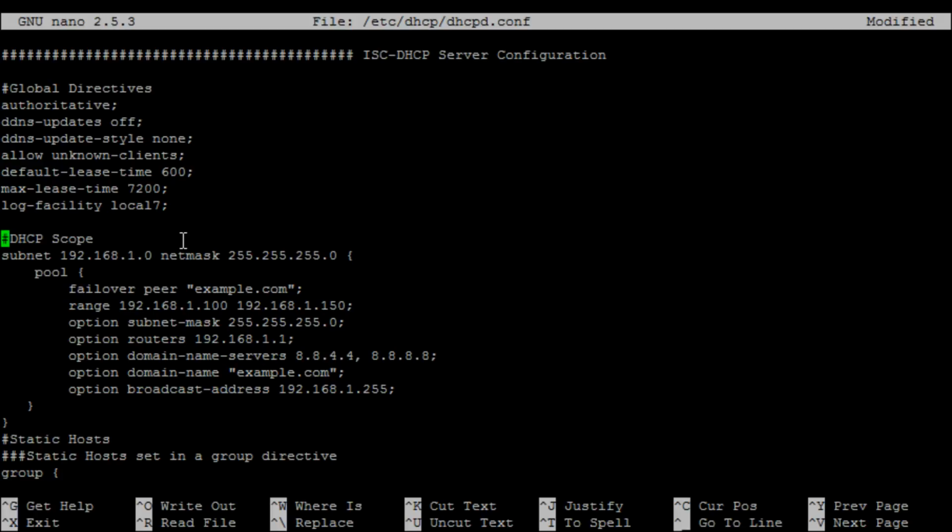All right, so the DHCP scope. The scope is basically our directive to the server. It says, hey, this is what our network is. This is what you need to hand out. This is the scope. So the subnet